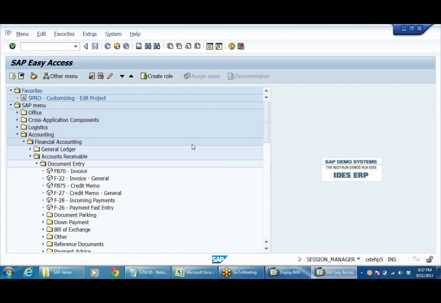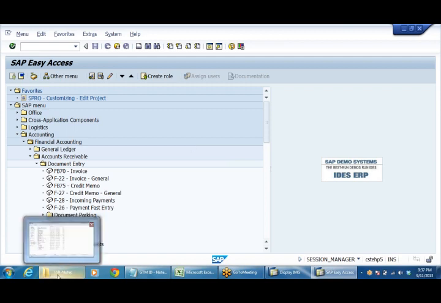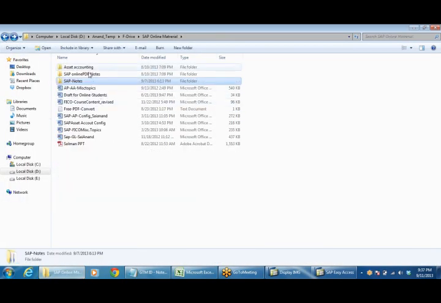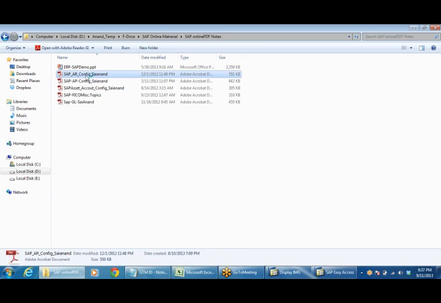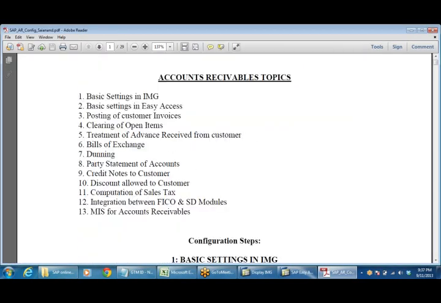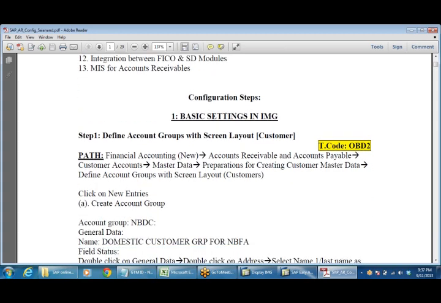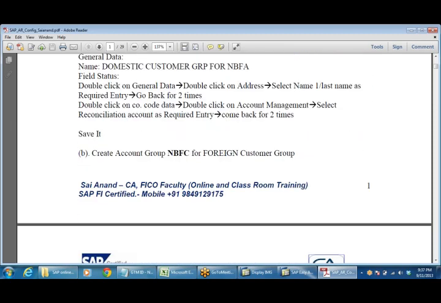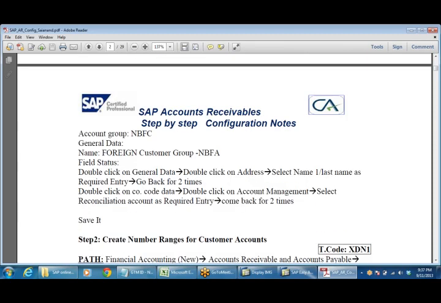So what we have done in case of accounts receivable, we have completed the accounts receivable configuration. This is ER. So I think I have forwarded ER also. Here the configuration steps are same, but I think the company code might have changed from the first document to the second document. Don't worry. Here you go ahead with the configuration and everything, and coupled with my recorded version, you can go ahead.